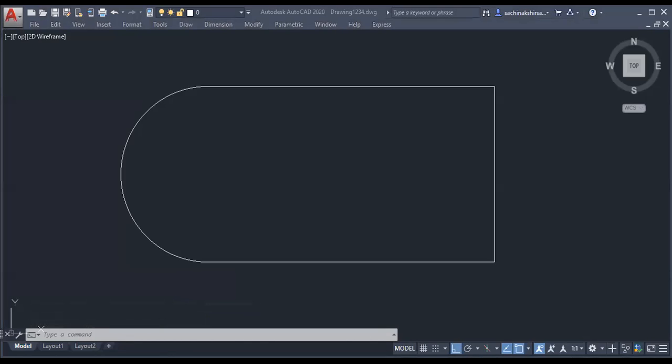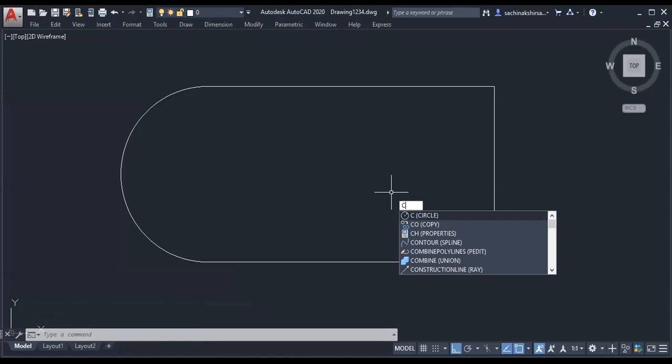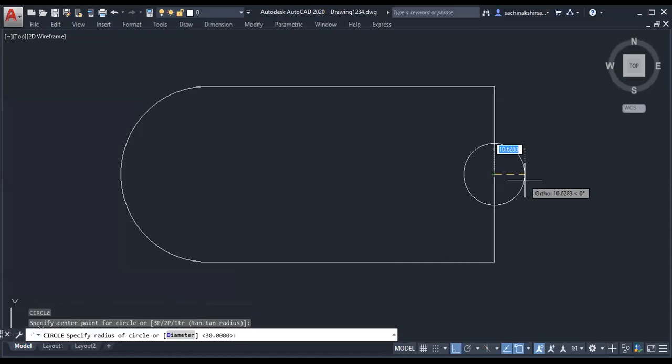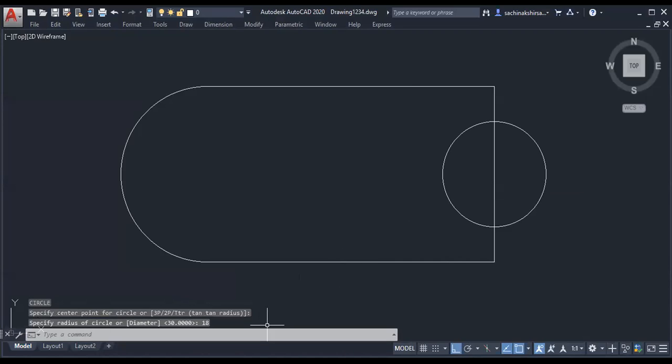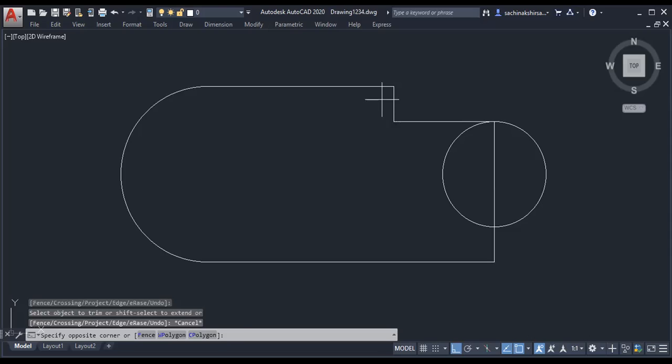Then here there is one circle of 18, radius 18. Likewise circle is there. Okay. After that, 35. From here you have to go 35, 30, and here it will meet. Now the length which is outside you can trim it like this. So same part I want to draw below. Even these two lines I want to draw below.